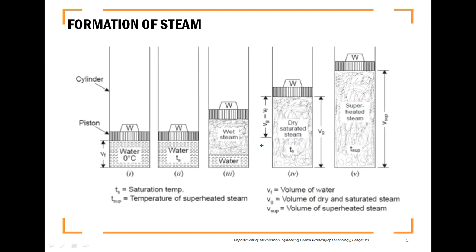Now from stage 3, the water is being further heated, and when it is further heated, the water in the cylinder completely gets converted into a dry saturated steam. So this is the steam that you get at point C on the temperature enthalpy diagram, and the volume obtained by a dry steam is denoted by Vg. Vg is the volume which is occupied inside the cylinder by a dry saturated steam at point C on the TH diagram or temperature enthalpy diagram.